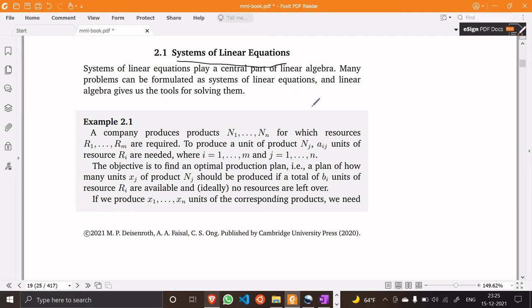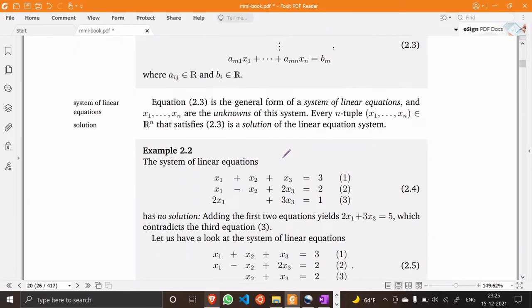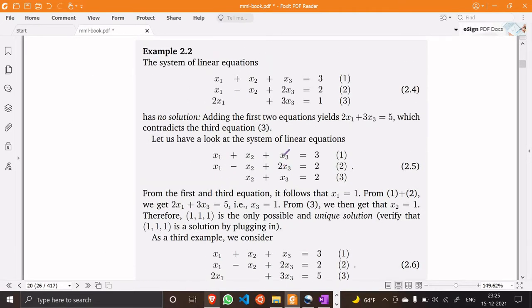So when you read this book, or if you have read this book, you would agree with me that I shouldn't start with this particular example because it is overly complex to understand just a simple concept of a system of linear equations, how linear algebra helps us to represent a system of linear equations. Okay, so I'll move on from this example and I'll consider this particular example. Okay, so we have a system of linear equations.